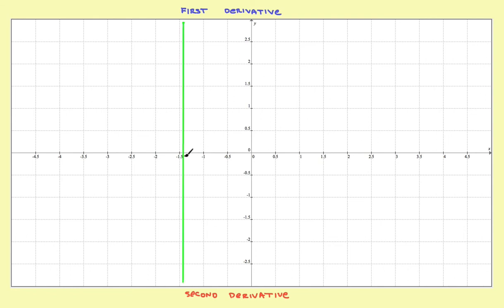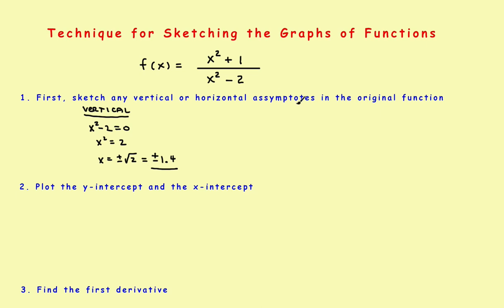So there's the first vertical asymptote. And I've got another one over here at 1.4, so I'll do the same thing here and divide the graph up into intervals, from 1.4 down to about right here. So there's the second one. That actually divides it up into 3 intervals, with 2 vertical asymptotes. Now let's go back to the worksheet, and now we want the